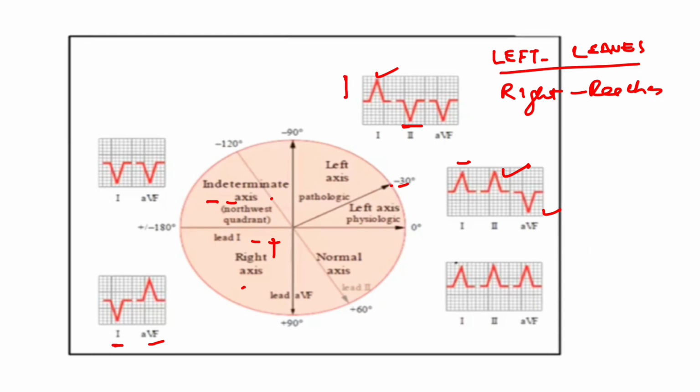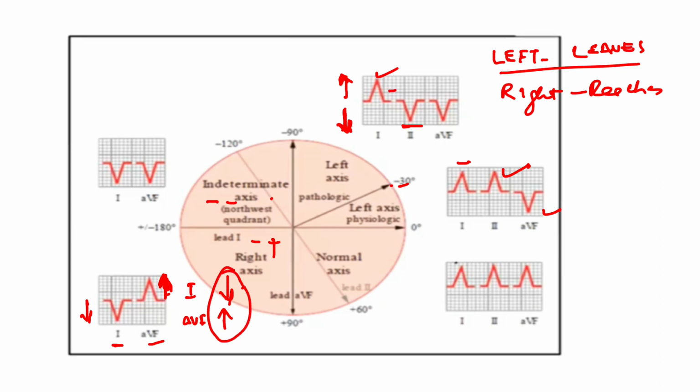Here, if we see the direction of lead 1 and lead AVF, they are in opposite directions, meaning they are moving away from each other: left leaves. And for right axis deviation, here the net direction of the vectors is, if we see lead 1 and AVF, lead 1 is moving like this, AVF is moving towards this, right